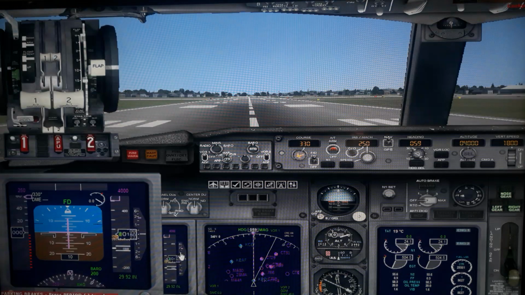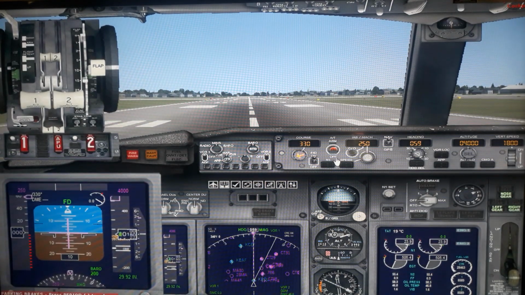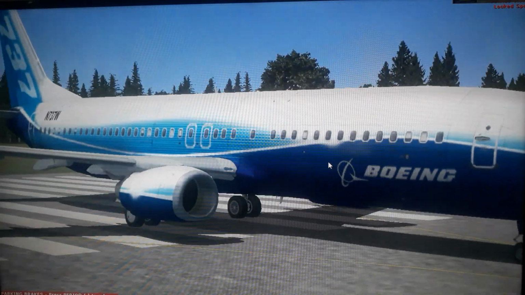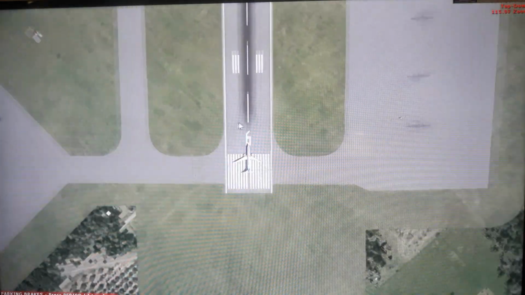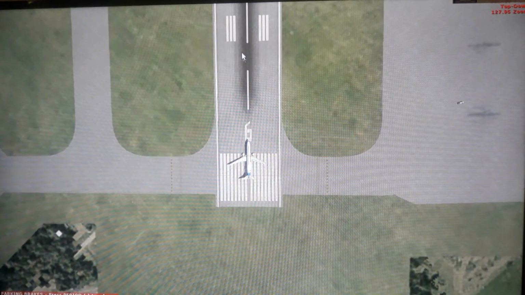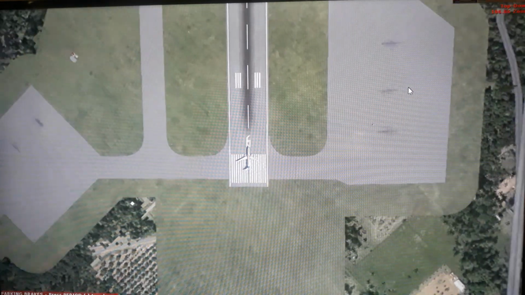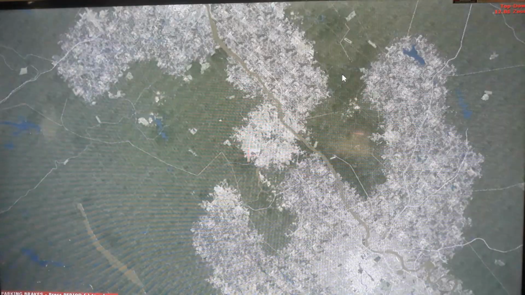Now let us go back into the plane. Okay, we didn't look at the radar. Let us look at the radar also for the sake of completeness. So we are on runway 06. You can see here runway 06. This is the taxi.